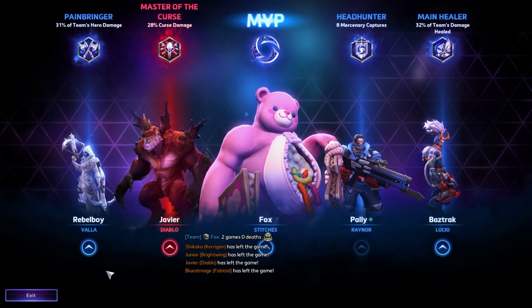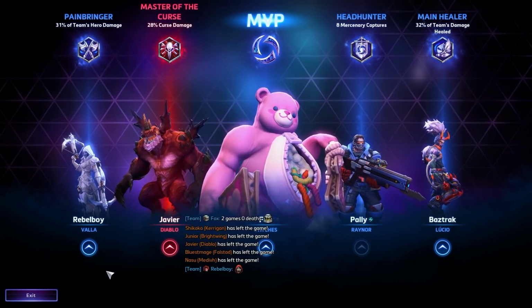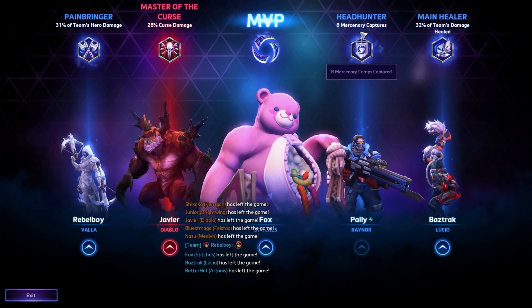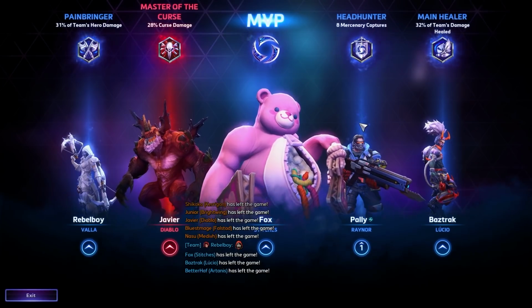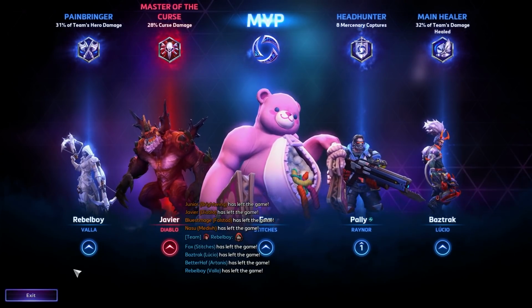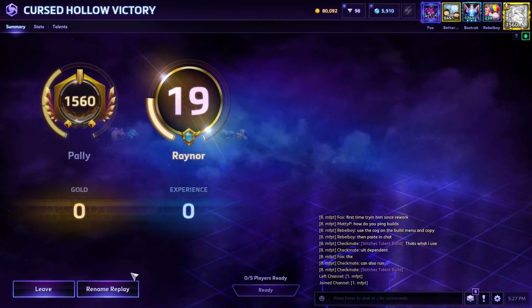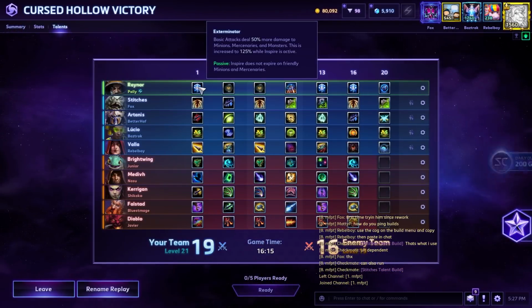And to be fair, that was on a map where the mercenary camps aren't even that good. Eight mercenary captures when that was our main focus. We didn't even take that many. Hey, some food for thought, though. Split push Jimmy might be a thing. Inspire Jimmy might be a thing. The talents we used for this: